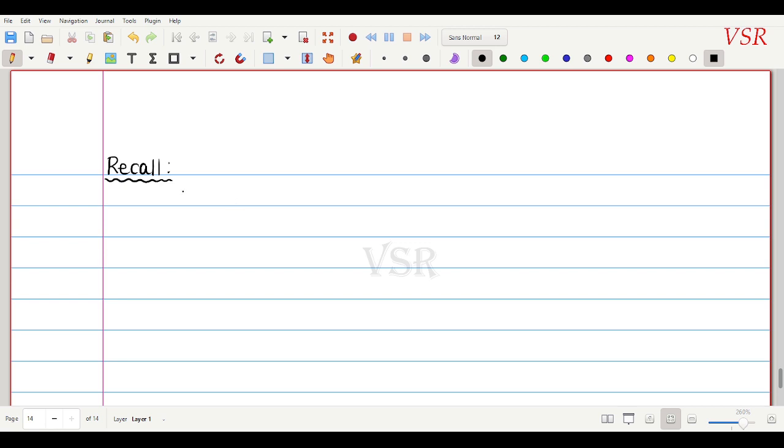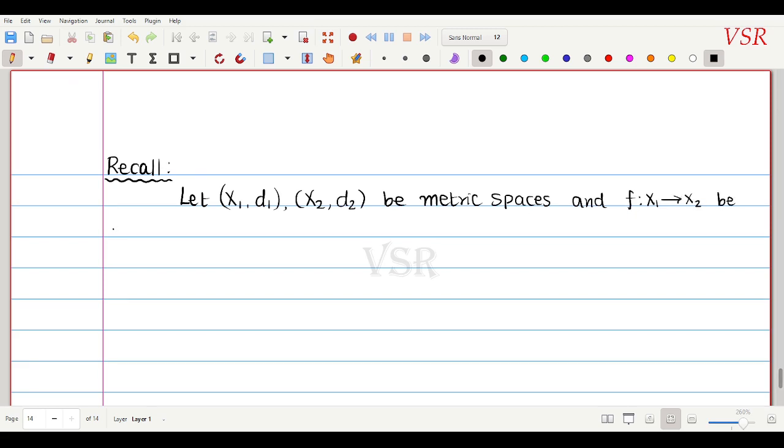Let (X1, d1) and (X2, d2) be metric spaces, and f a function from X1 to X2. Let a belong to X1. We say that f is continuous at a